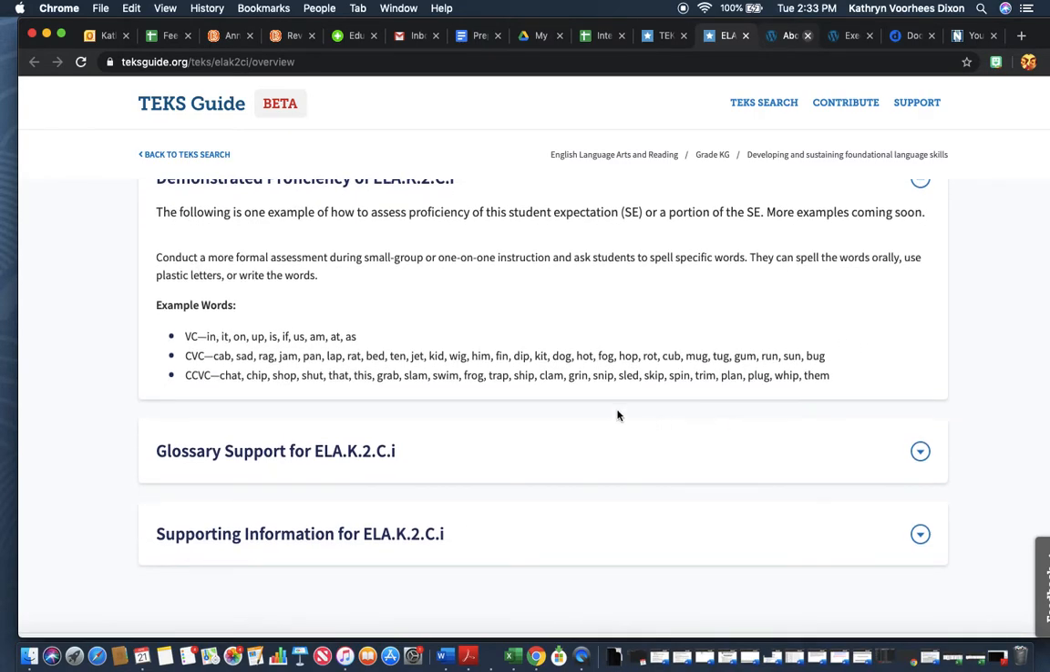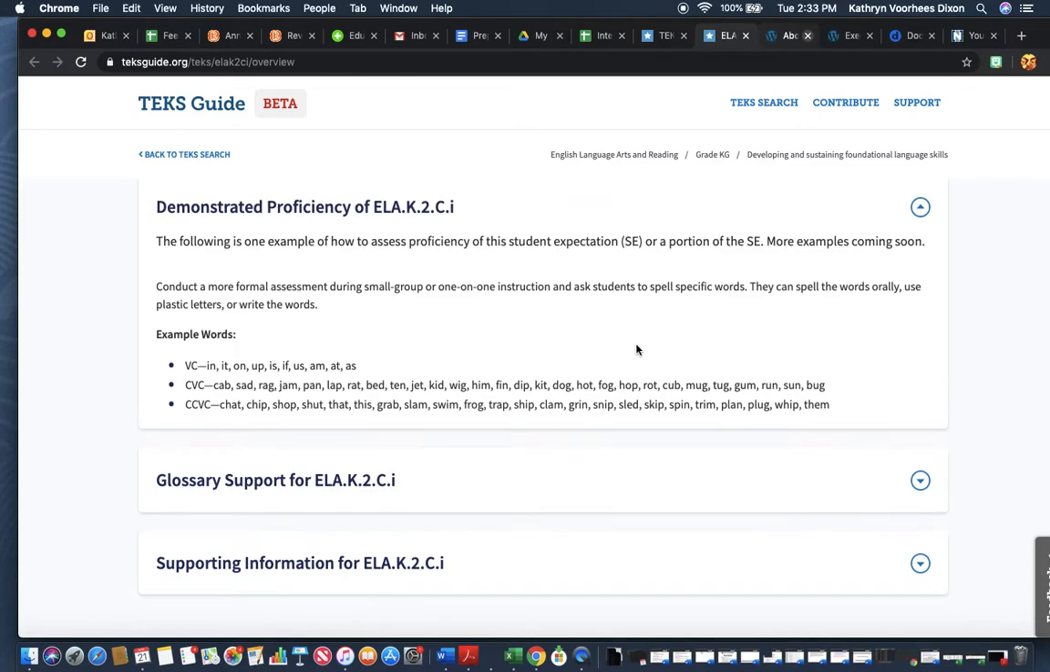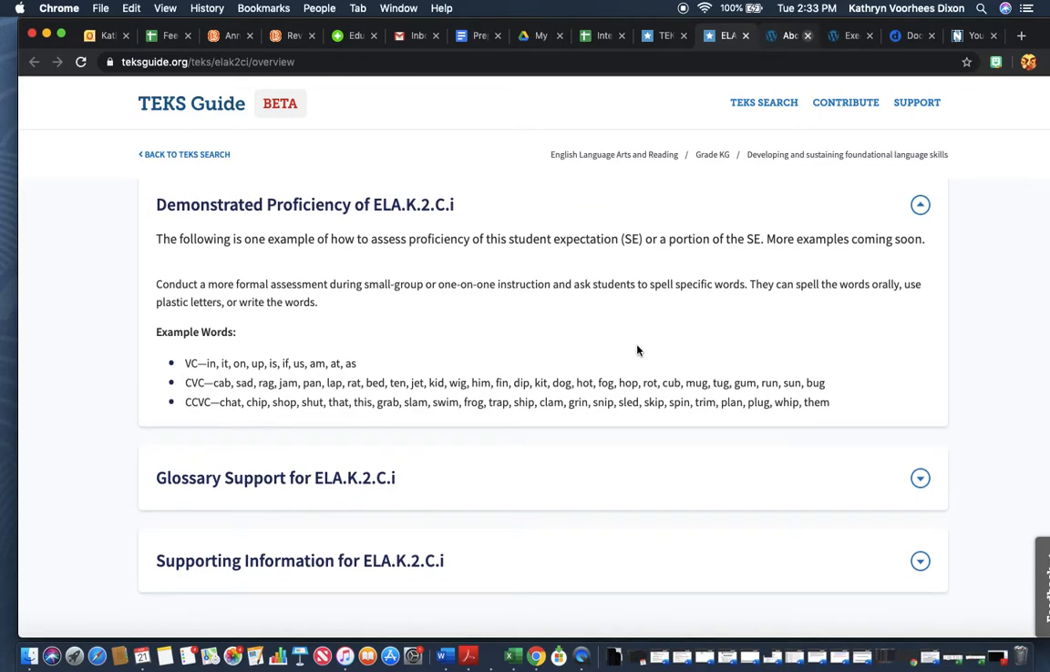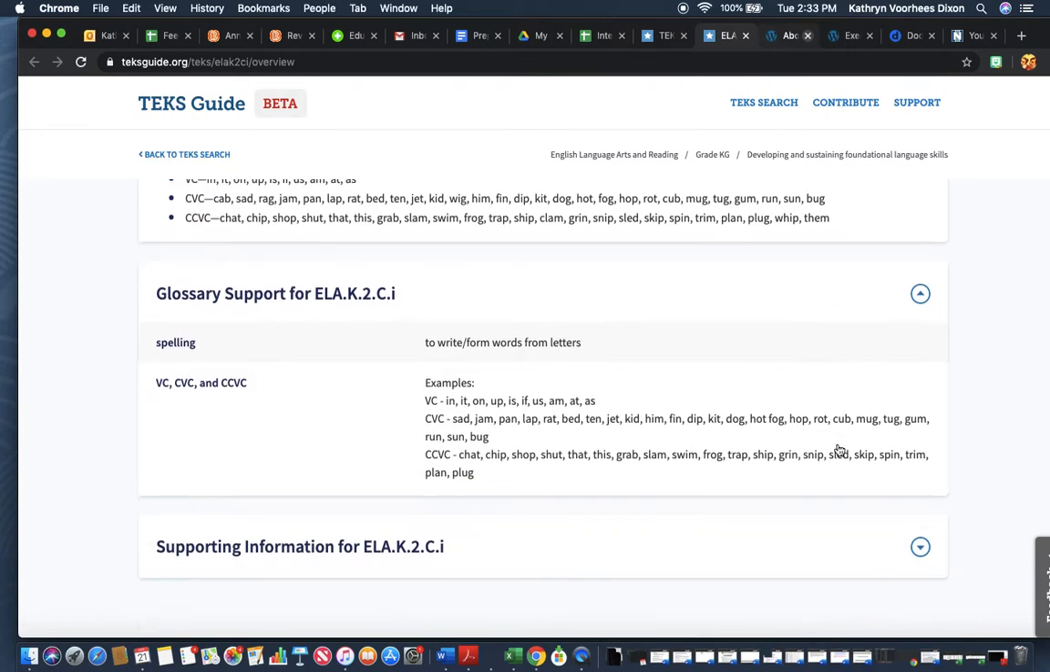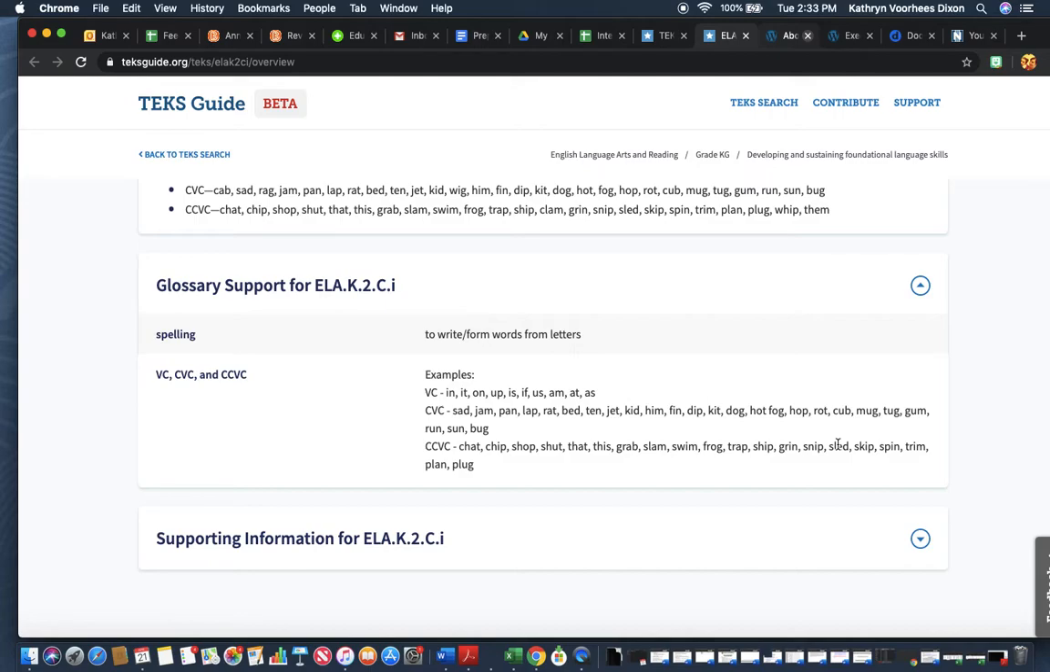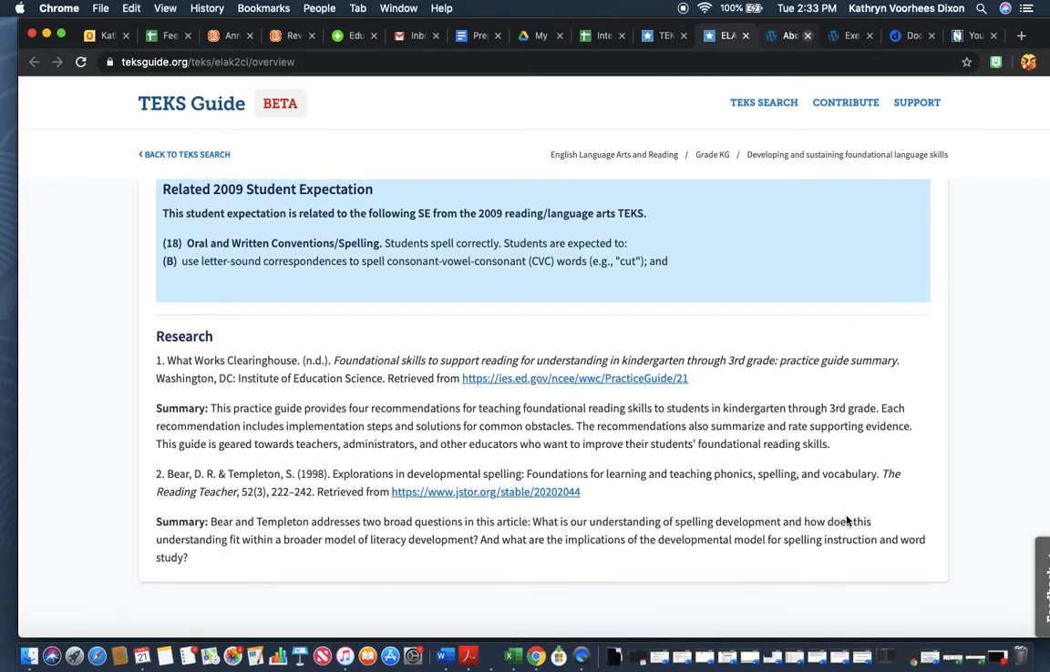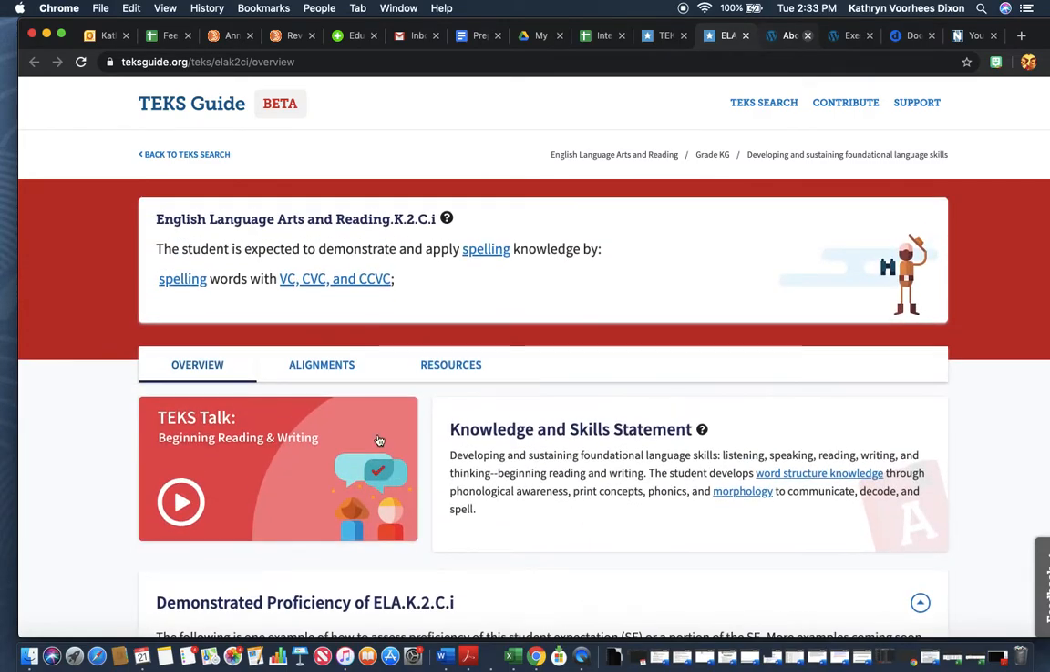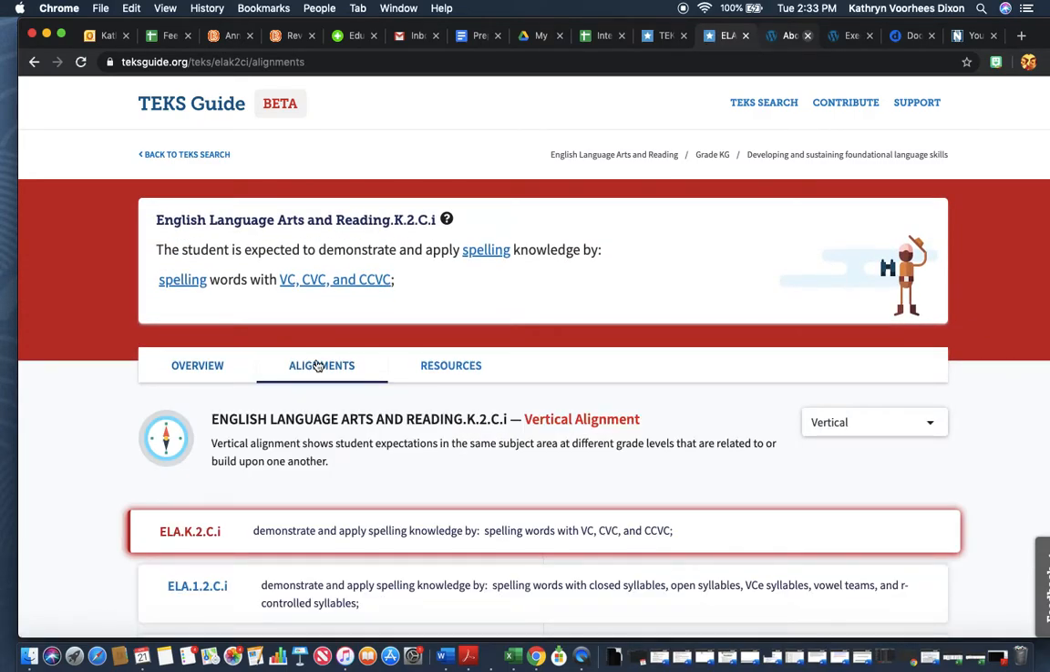We are saying that kindergartners, we want them to be able to spell words with vowel consonant, consonant vowel consonant, and consonant consonant vowel consonant. That means using blends and digraphs in kindergarten is a TEK. Here is our supporting glossary again. And then here is some research again. You can take a look at that. So then if we look at the alignment,